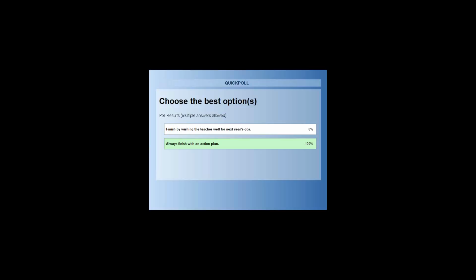There was a question about agreeing on criteria. Someone asked, what about surprise elements of the observation? What kind of surprise elements? I'm not sure. It just said, what about surprise elements of the observation, if you agree on criteria. If something goes wrong, probably. Possibly, yes. But I think if it's a professional development observation, it doesn't matter because things happen.